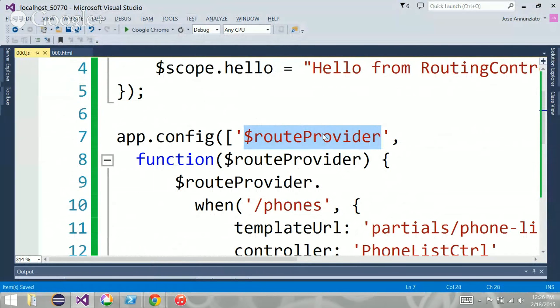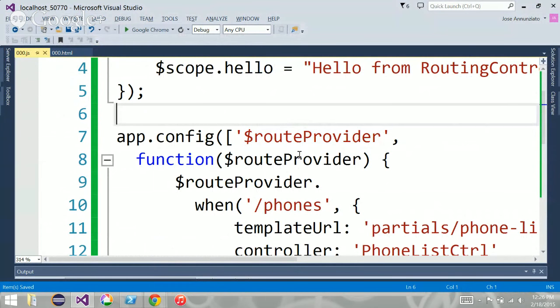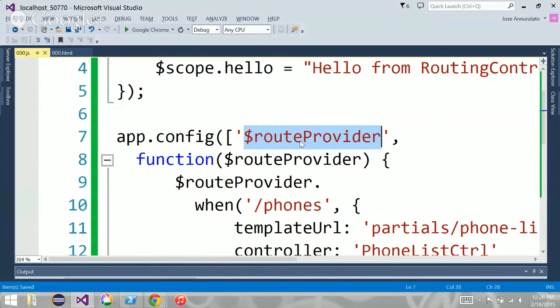If that happens, I want to navigate over there. Now there's a lot of things that can be configured. The way you configure them is by providing the name of what you're configuring. We're configuring now the routing mechanism, so the first argument says what is it that you're configuring: the route provider.